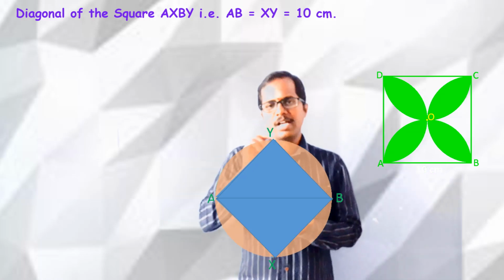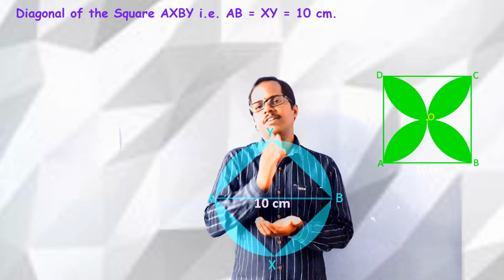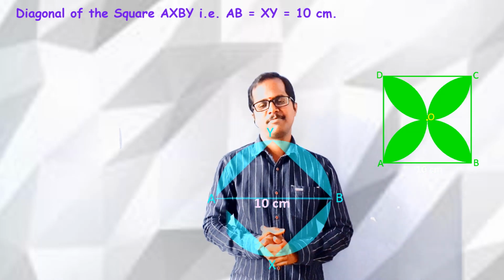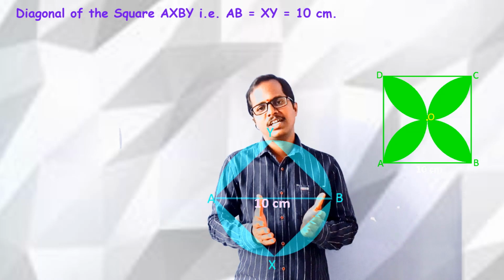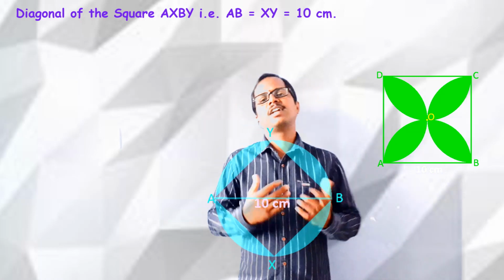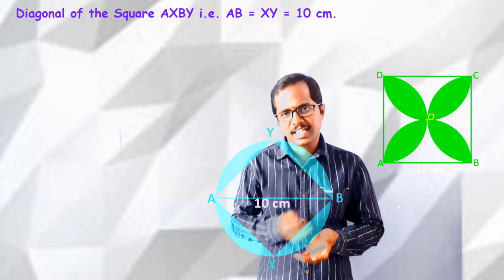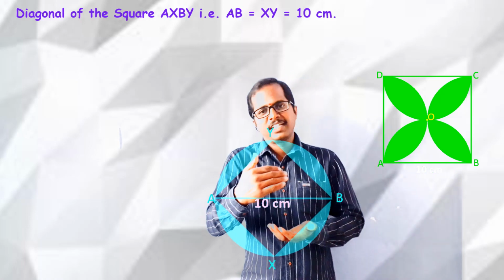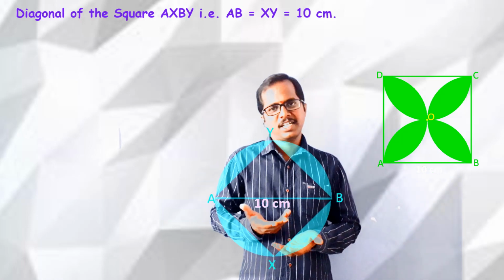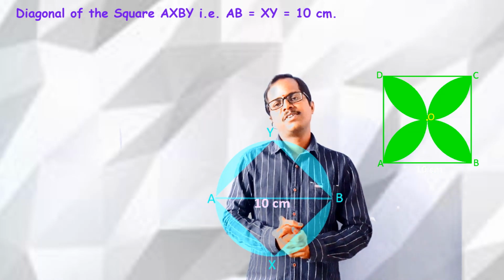Imagine, by removing the area of the square from this circle, we get half of the area of the shaded portion. What do we get? We get half of the area of the shaded portion, by doing what? By subtracting the area of the square from the area of the circle. So after getting half of the area of the shaded portion, if we double it, we get the total area of the shaded region. So for this, what we have to do?